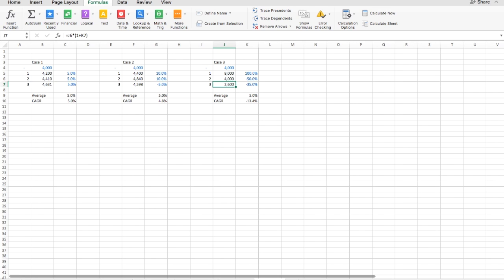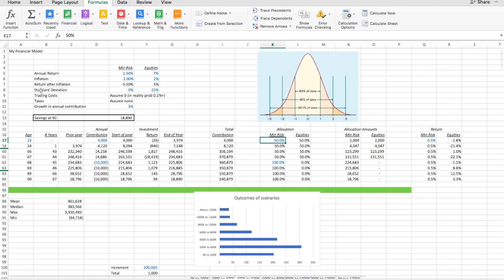So I don't care that the average return is 5%. I care about the compound annual growth rate. This is super important stuff. So how do we get it? Let's go back to the sheet here. Well, because what we want to get is really